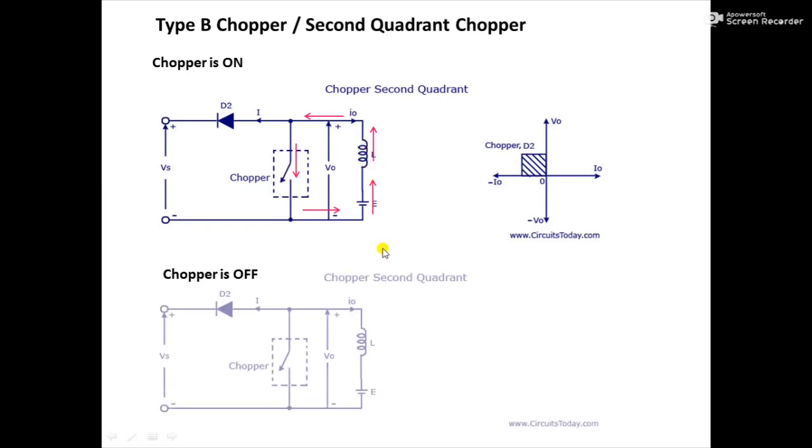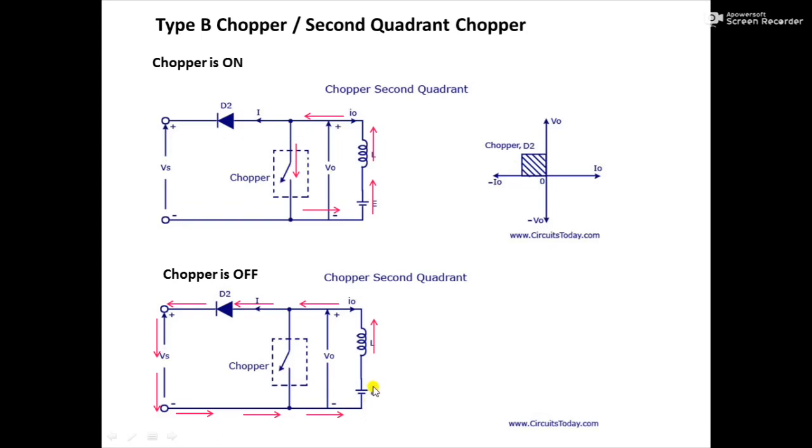So in this case, what is happening is the voltage at this side, which is E plus L into di by dt, is greater than Vs. So you have a higher potential at this side of the diode and a lower potential at the cathode side of the diode. Since the anode is getting higher potential as compared to the cathode, your diode turns on, and because it is turning on, it will be forward biased and provide a path for the current to flow, and the current will complete its path in this direction shown by pink arrows.